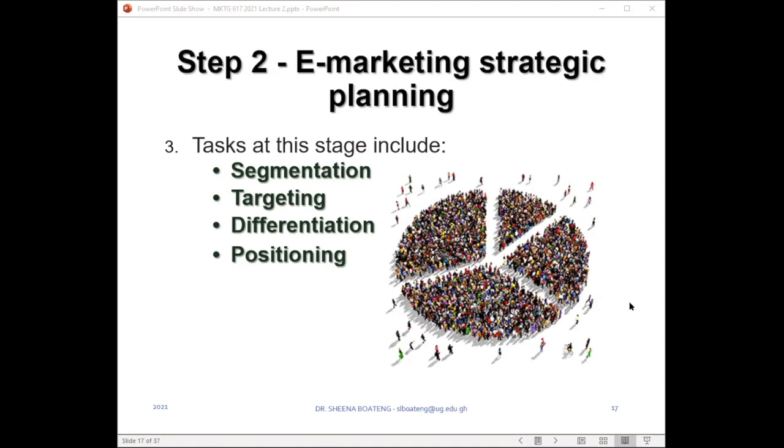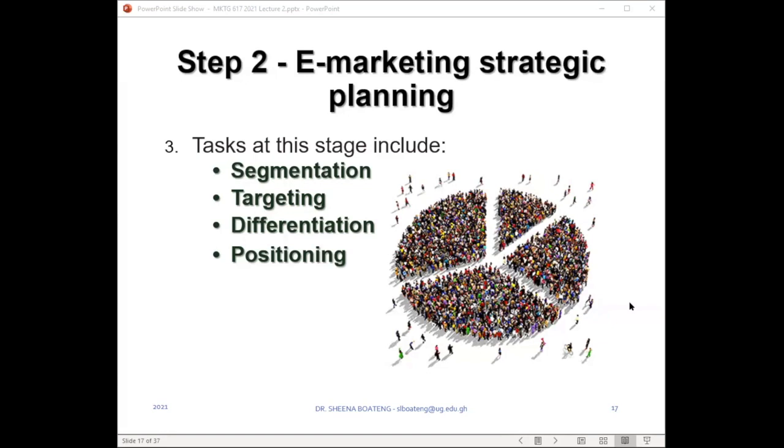So we segment the market along these dimensions. And like Isaac is drawing our attention to in the chat section, we can even use creative combinations of these to further streamline our segmentation, to ensure that we have a better chance of targeting a specific customer segment. So you can do geo-demographic segmentation. You can do geo-psychographic segmentation. You can do geo-sociocultural segmentation. All creative combinations are possible using these various segmentation variables.